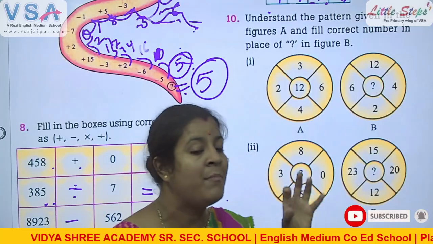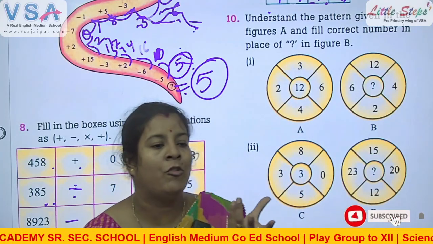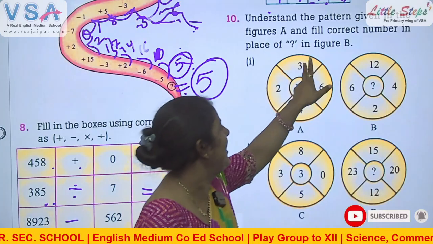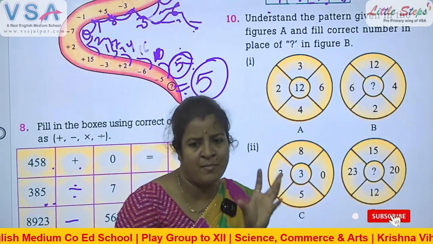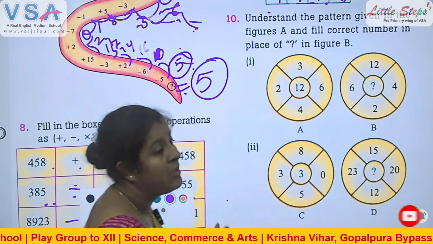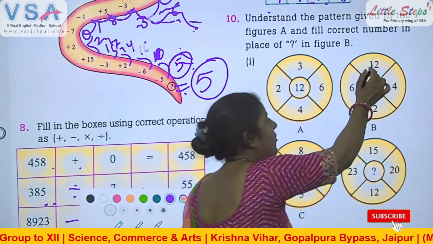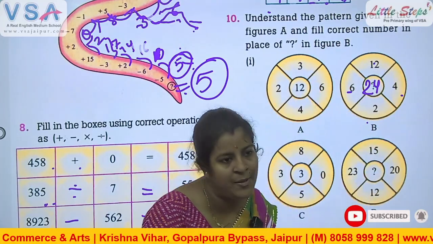Which number on this side, we have to follow some operations, some symbols also. Okay, just like 3 fours are, 2 sixes are, is the multiplication part. So which number do we fill in the middle? Multiplication numbers. Okay, so 12 twos are and 6 fours are the same also.